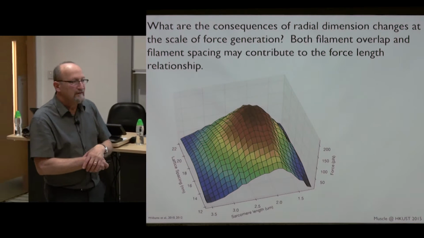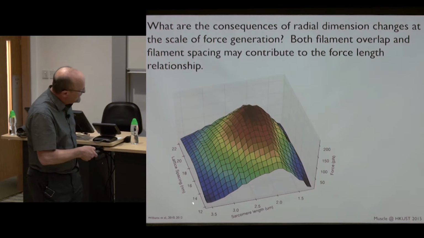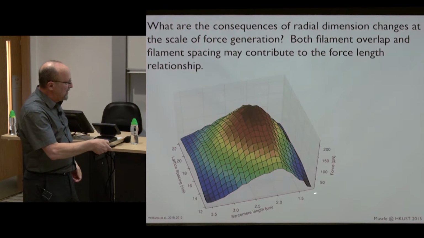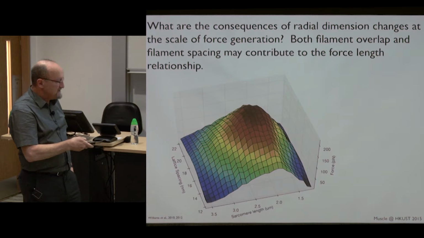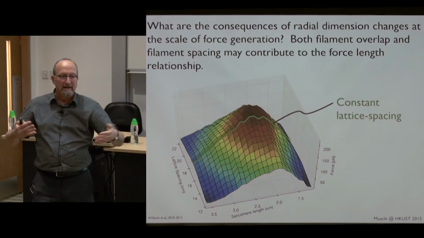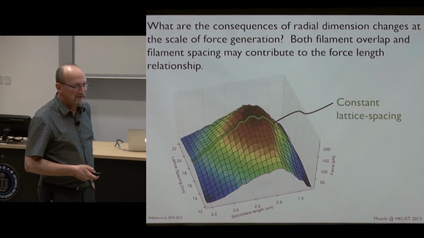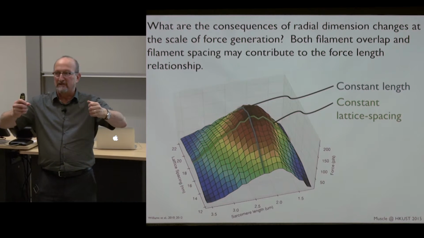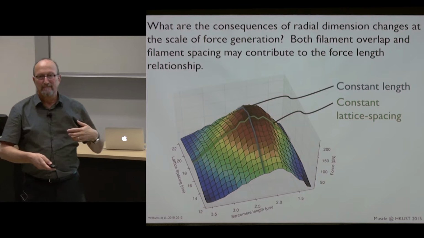And here, this is horrible, this is his thesis in a single graph. But this is the lattice spacing, so how far apart the filaments are this way. And then this is the filament sarcomere length, so how much overlap there is this way. And what he finds is that if you have constant lattice spacing, you're just doing the sliding filament problem, you get roughly what Gordon, Huxley, and Julian found experimentally. It's really nice. And if you do the other direction, that is, I'm going to hold the length constant, I'm just going to swell muscle fiber mathematically to spread the filaments apart, he gets pretty much the same result